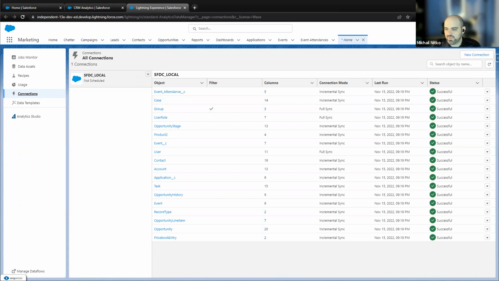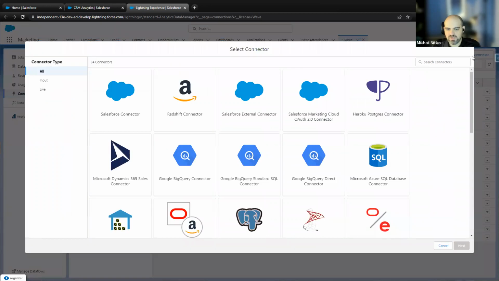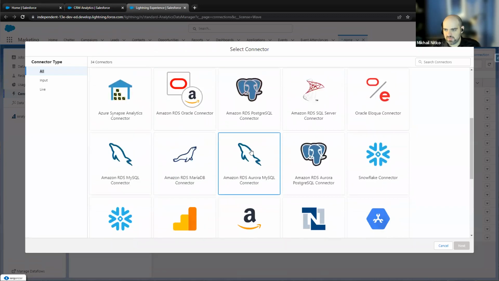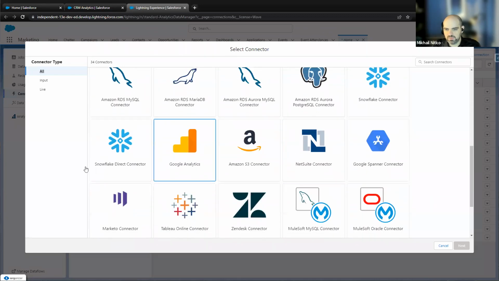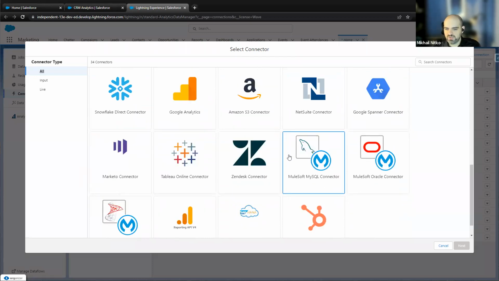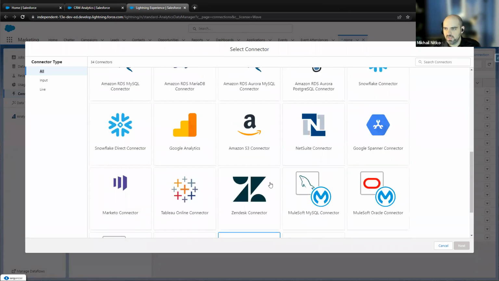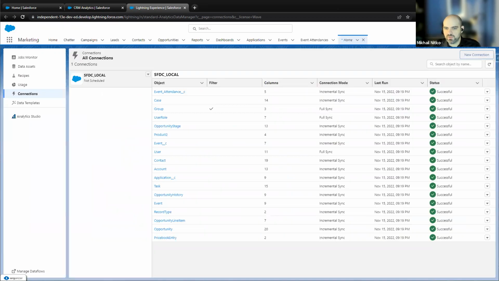And I know that since this is not all higher ed and not all purely Salesforce people, I just want to demonstrate something really quick. Salesforce CRM Analytics has connections to a whole bunch of different places. So Heroku, Oracle, Amazon, Snowflake, and they just keep increasing how many they add. HubSpot. So here you will create your connections.